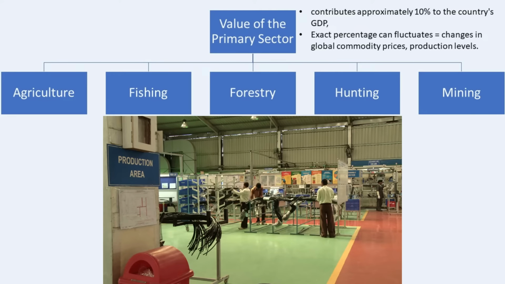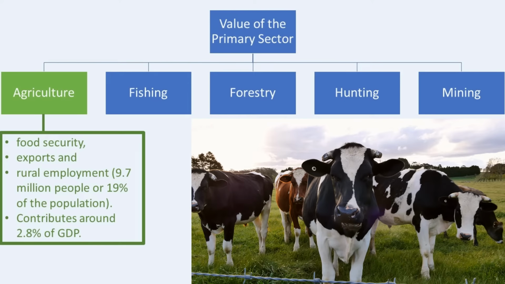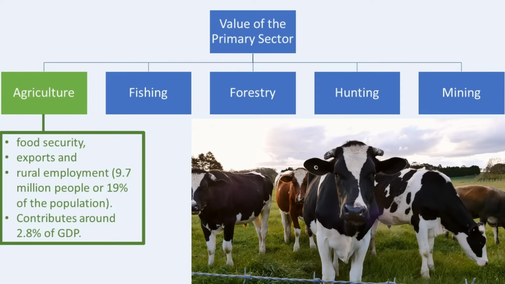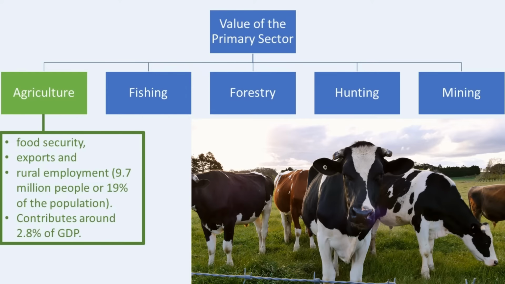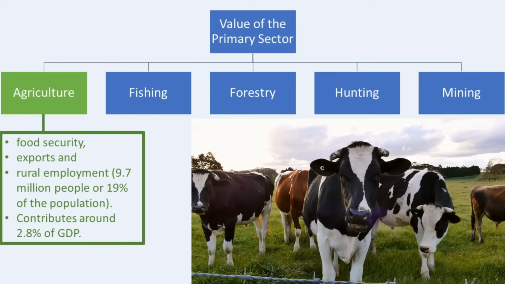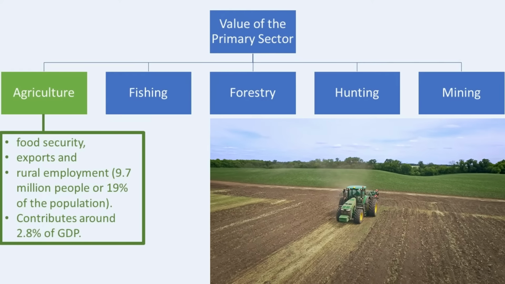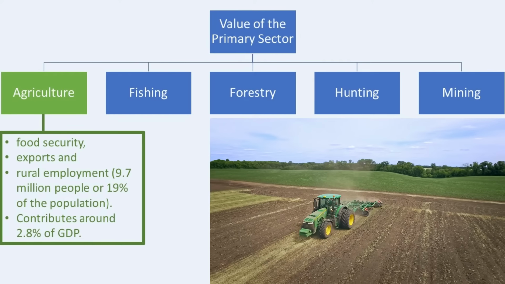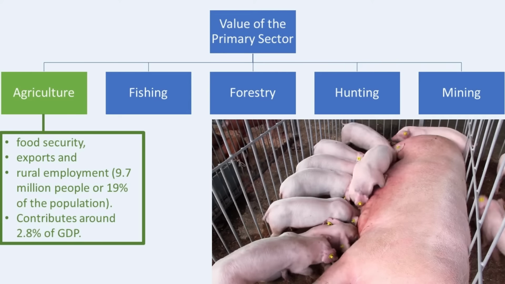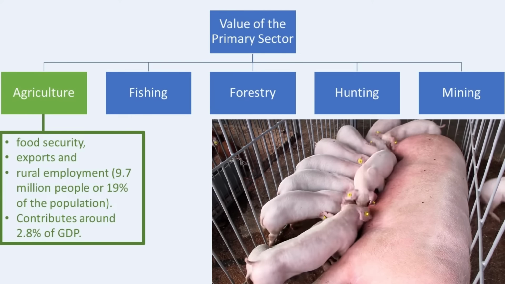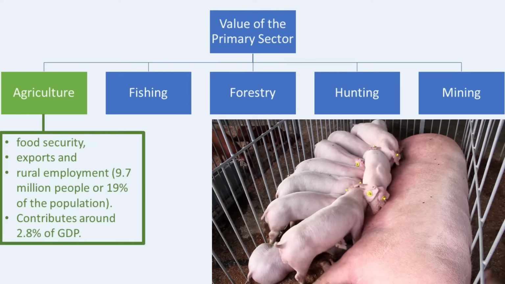and economic conditions. Agriculture remains vital for food security and rural employment. While its contribution is relatively small, around 2.8% of GDP, it remains essential due to exports and employment. About 9.7 million people, about 19%, are directly or indirectly dependent on agriculture for their employment and income. Agriculture remains the largest employment sector in South Africa. However, there is a huge subsistence sector of the farming community which contributes very little to the gross domestic product,